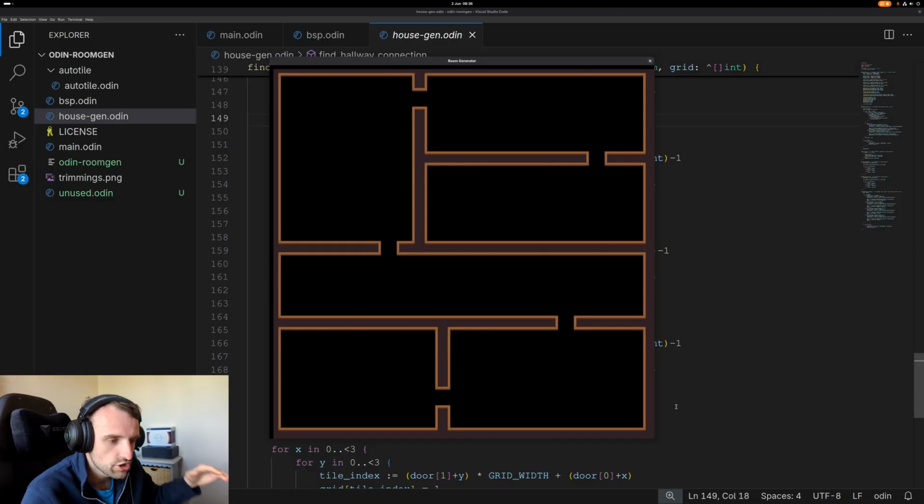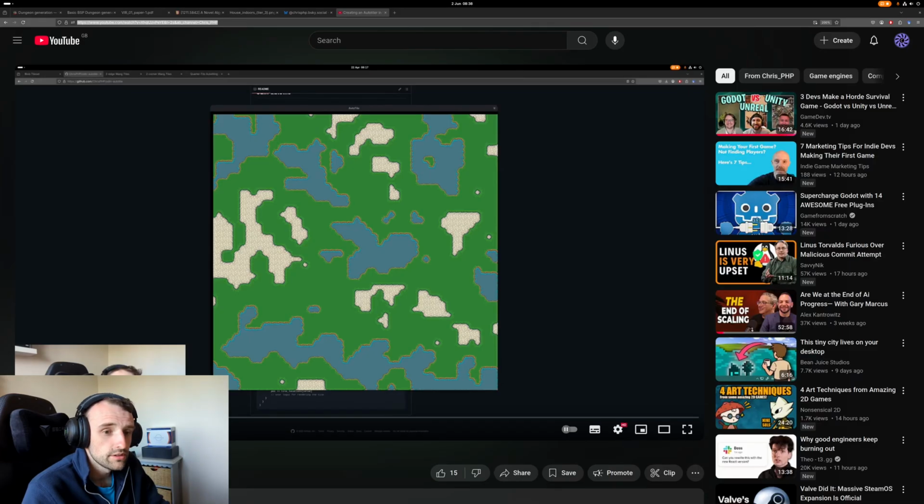This is like the top of it, looking down there, and we have the black space of the actual space. We also have the doors open as well. Now, as a prerequisite, you'll need to have a bit of knowledge on how auto tiling works,